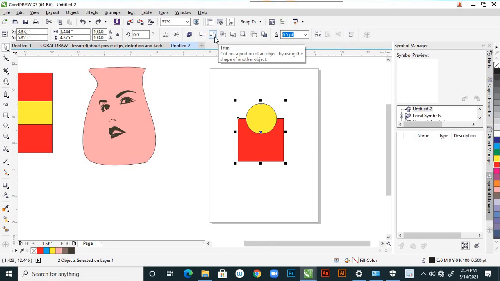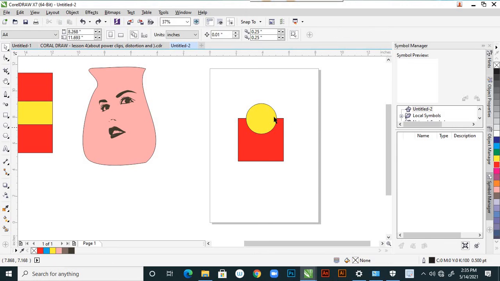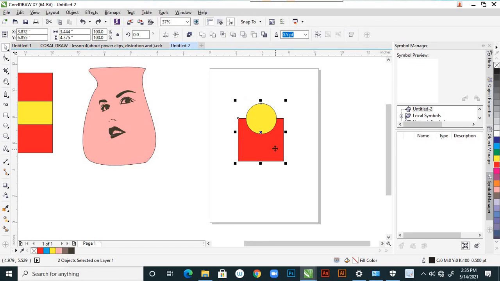And next here, the trim: cut out a portion of an object by using the shape of another object, right? So trim means cut off a portion. Just click on that. Now just select that and move down, so it looks like head and body, kind of cutting. Control Z, and again 2 objects selected with shift, and now you check this intersect: create an object from the area where 2 or more objects overlap.